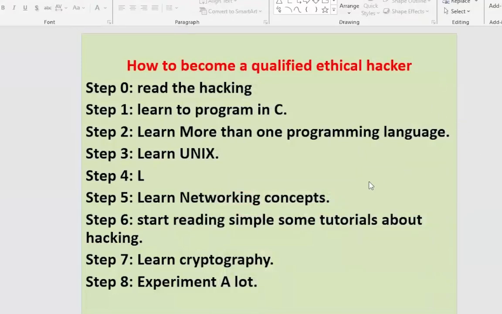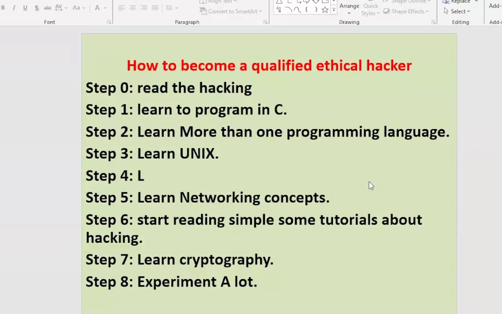Okay, welcome back. As we were discussing in the last class about hacking in detail and in depth, today we will discuss how to become a qualified ethical hacker. Some of the students, some of the audience have asked that we don't have much knowledge on hacking. We have knowledge on software development and web development, everything is provided, but nobody discusses ethical hacking too much. Which organization gives training, what kind of courses are there, what exactly we need to know so that we can develop ourselves into a good professional as a hacker. So what is that? How to become a qualified ethical hacker?